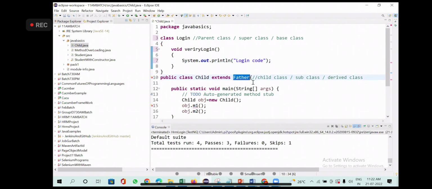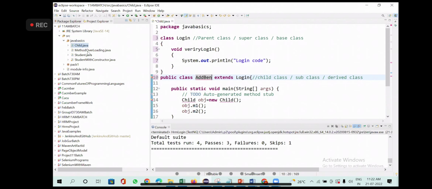Class extends login. Now I will call this add beneficiary. To add a beneficiary, what do you need? To add a beneficiary, you need to log in. Can you add a beneficiary without login? You cannot log in without adding the beneficiary. So what I'm trying to do, why is it giving an error?